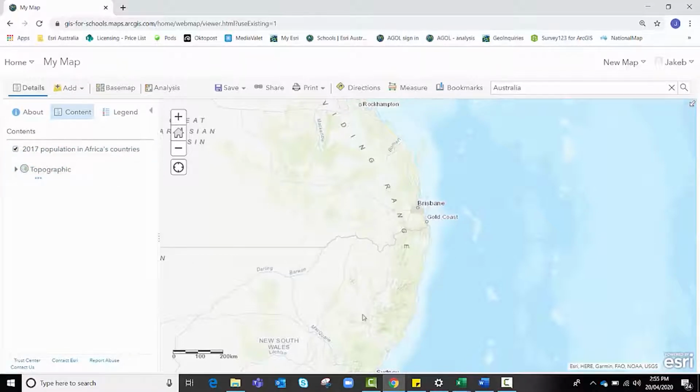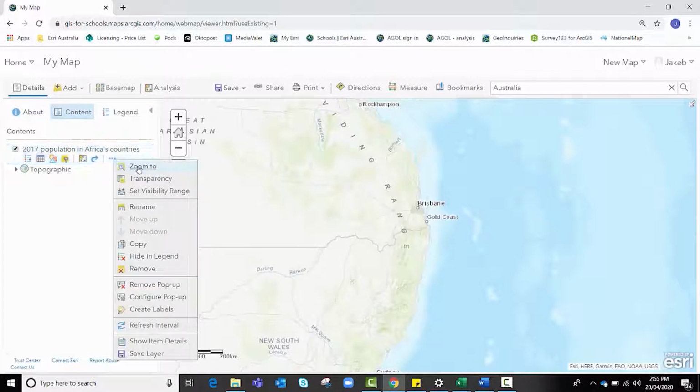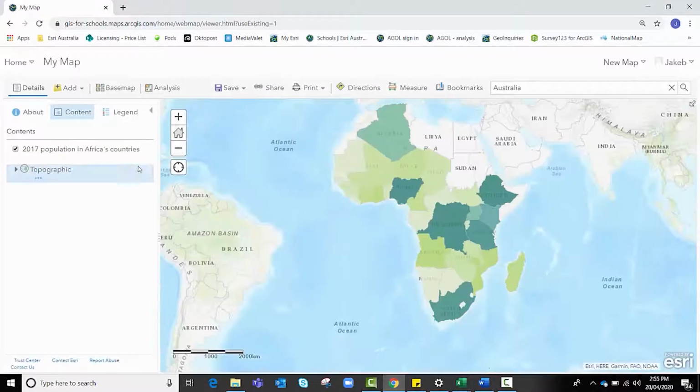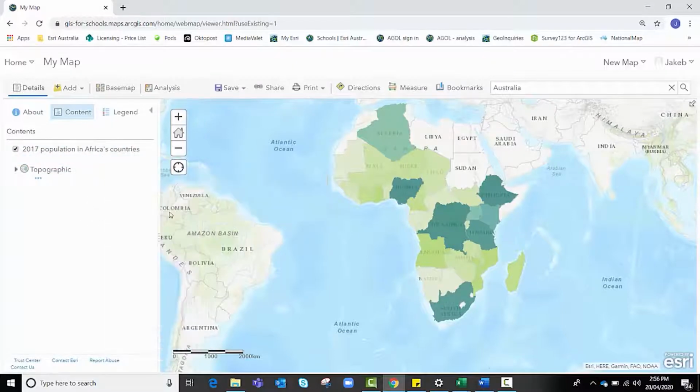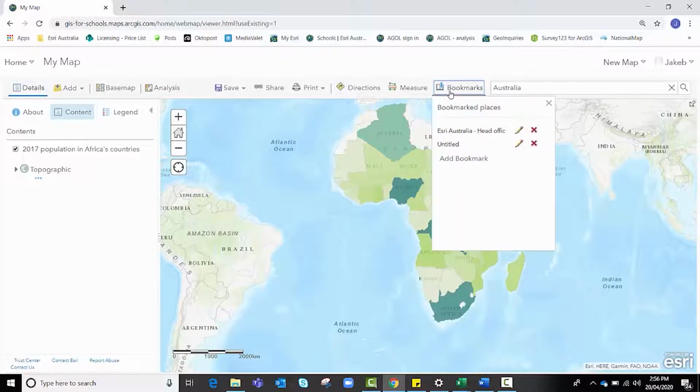Now, we're focused in on Australia at the moment, but I can quite simply go to this More Options button and zoom to, and it will take me to that map layer's full extent. Alternatively, I could have scrolled out and dragged across the map to get to Africa, but that zoom to function makes it a lot quicker to get to places. And now that I am at Africa, I could create that extra bookmark and label it Africa so that I can get back there